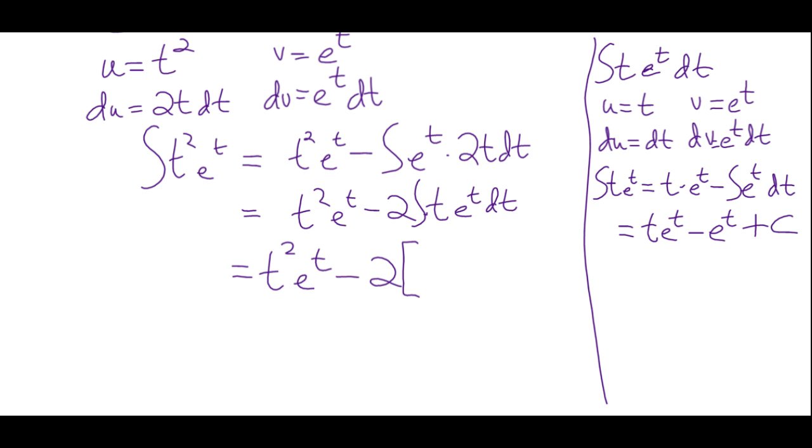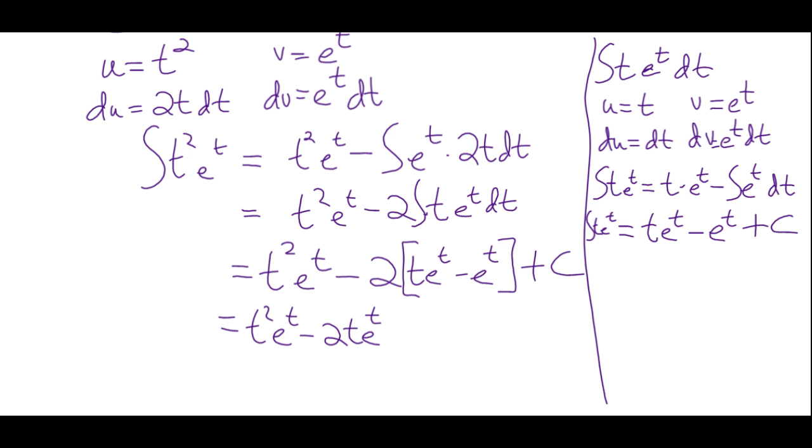So we've now worked out the integral of t e to the t dt, which is this. So t e to the t minus e to the t. Let's throw that there. Let's just toss the constant outside, right? I mean, it's just a c. I could put it in there, it'd be plus 2c, but it's just some arbitrary constant. Okay, we got t squared e to the t minus 2t e to the t minus 2 e to the t